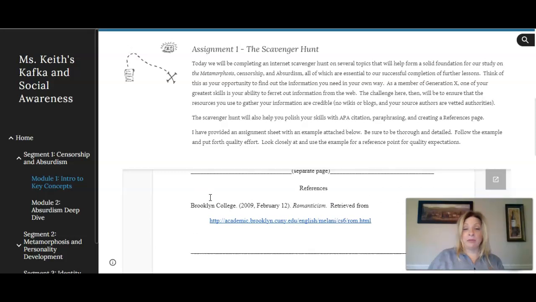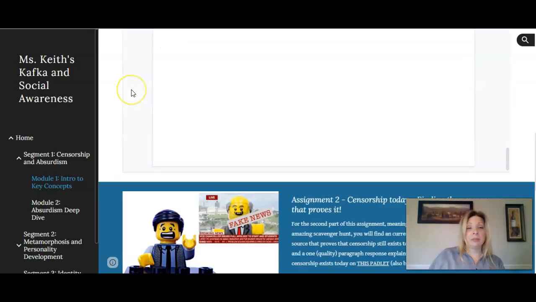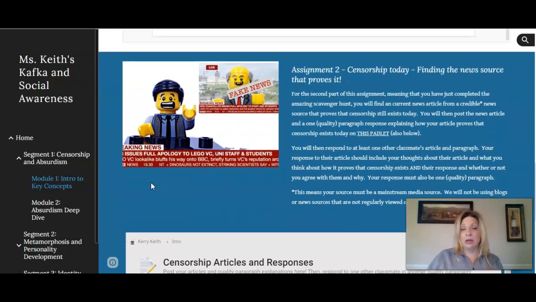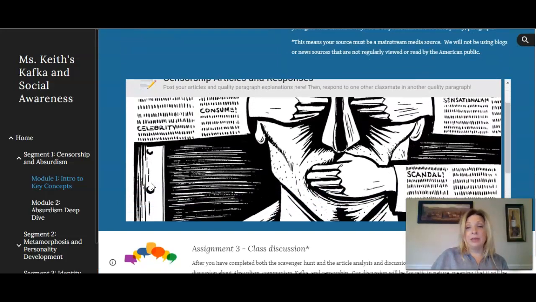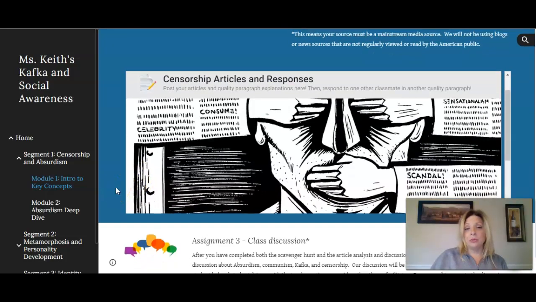This is also a way for them to practice their APA skills, as I have them create a references page. After they complete that, they'll do a censorship news source search for current events, and they use Padlet in order to post those.